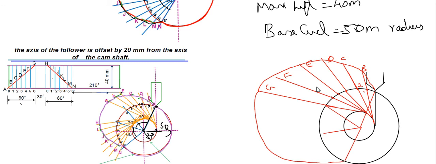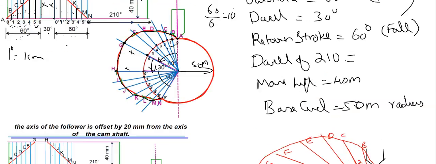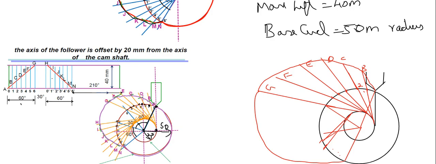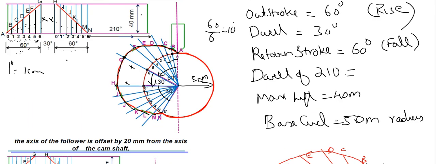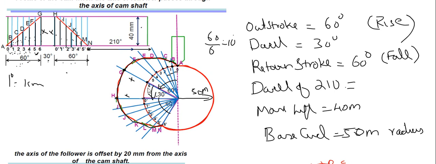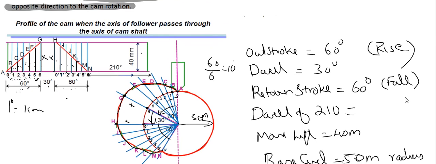Here also you should be able to draw the tangents. Here also you will be getting 6 divisions, and you should draw a tangent from each of the divisions to the offset circle like this. So that is the basic method of how to draw it when it is an offset. So first we will see an example of how to draw the displacement diagram as well as the cam profile diagram of a uniform velocity follower.